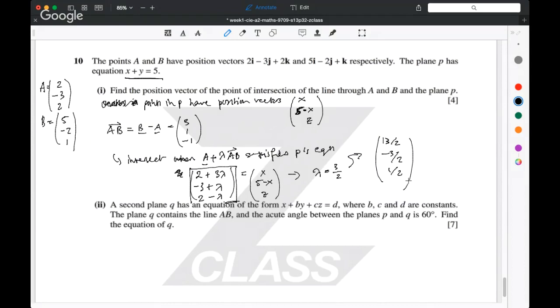Okay, a second plane is introduced, and it's got this equation. So now z, you do have restrictions on what your z can be, so it's not quite as simple as before. And we've got 3 unknowns. We've got B, C, and D. So we need